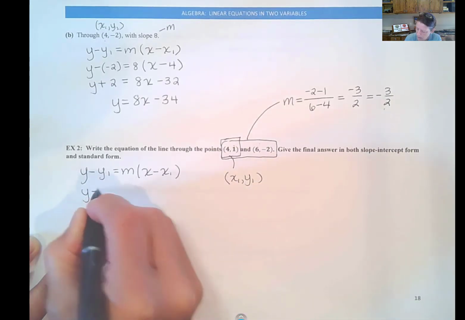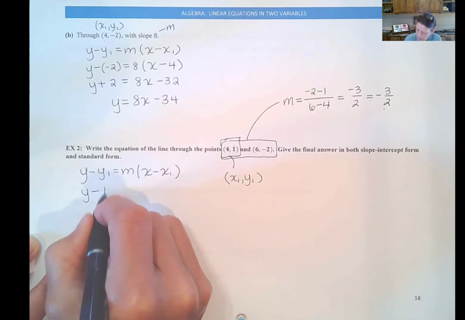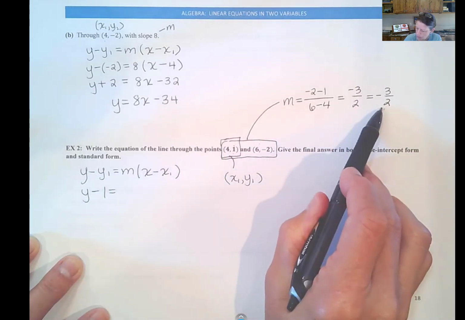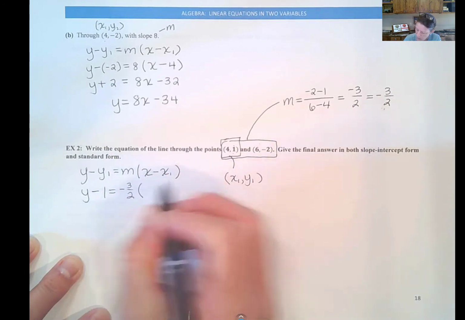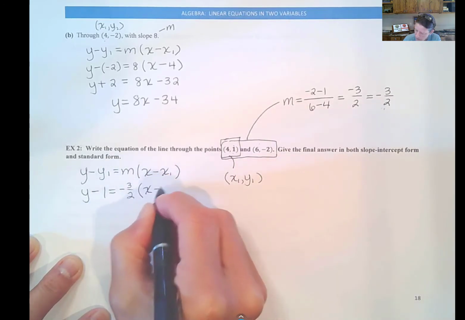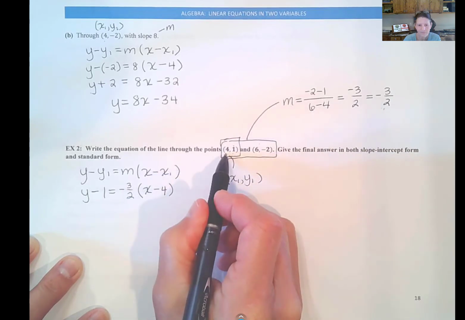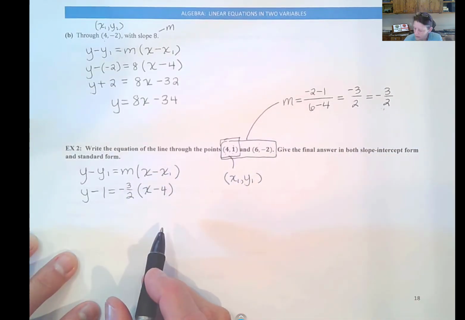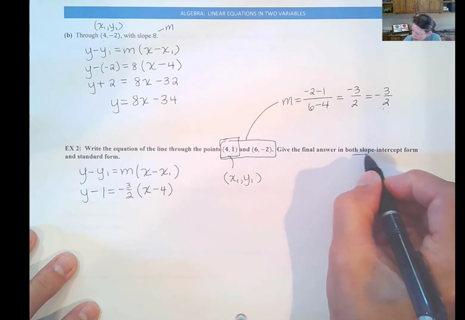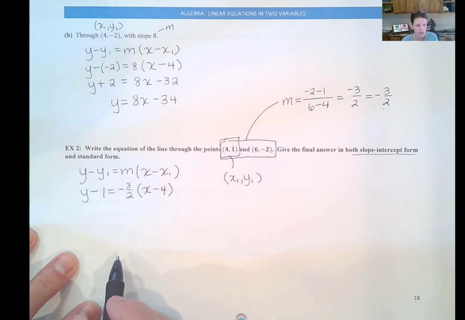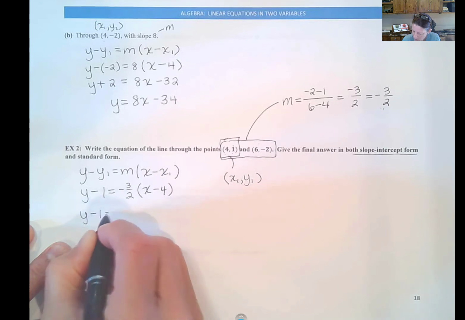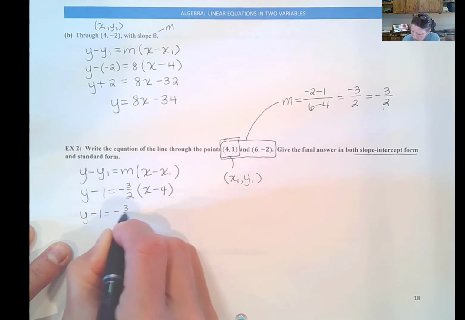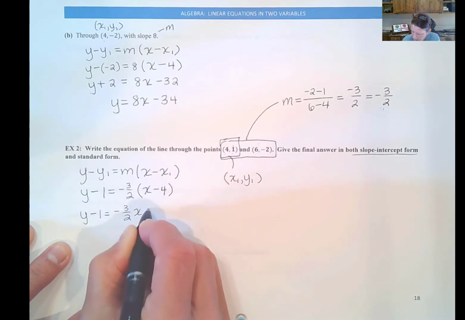All right, so let's substitute. Here we go. y minus 1 is equal to our slope, negative 3 halves, times x minus 4. And first thing I'm going to do is write this equation in slope-intercept form by solving for y. y minus 1 is negative 3 halves x plus